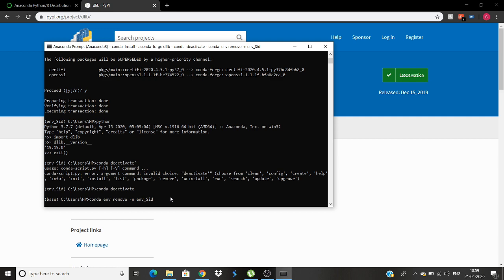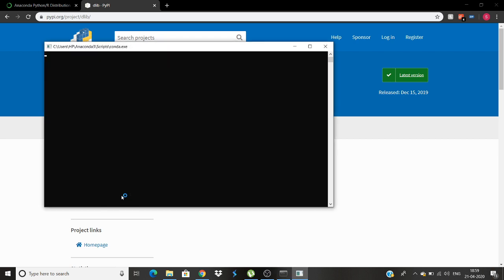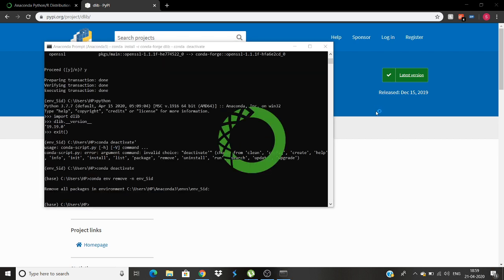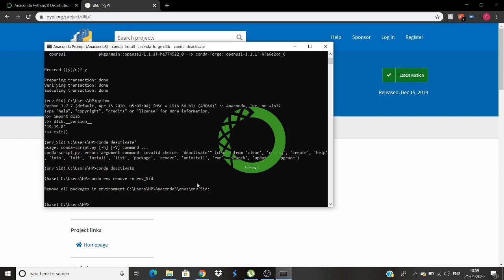This will help you remove the environment, and it states that it will remove all packages in the environment. And we'll just run the Anaconda Navigator and confirm whether it has been deleted or not.